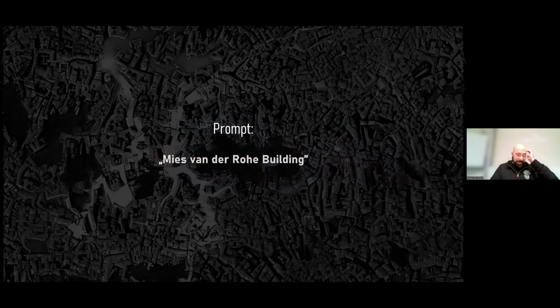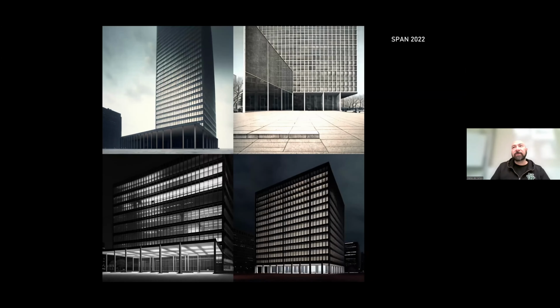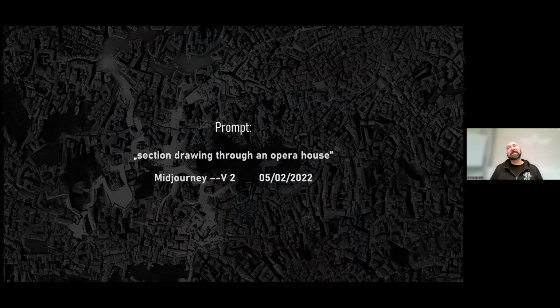But it also can do things like this. This is where things get a little bit iffy, in my opinion. If you prompt something like Mies van der Rohe building, in the meantime, you get already pretty good results out of it. And this, in my opinion, opens all the doors for lazy architects who are going to start imitating stuff up and down, left and right, because it's so easy to do now. So be prepared to see a lot of copies around. I mean, people copy anyways. We know that. It's just a tool that makes it easier.